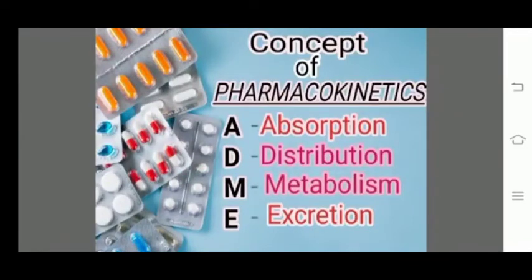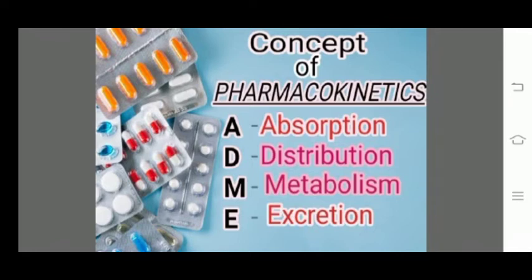Before studying the drugs absorption, we have to know some idea about pharmacokinetics. What is pharmacokinetics? Pharmacokinetics is the quantitative study of the drugs movement. In simple words, we can say what effect the body does to the drug. In order to get a good result, the drug should reach the site of action in adequate concentration, and for that the drug molecule should cross various barriers.